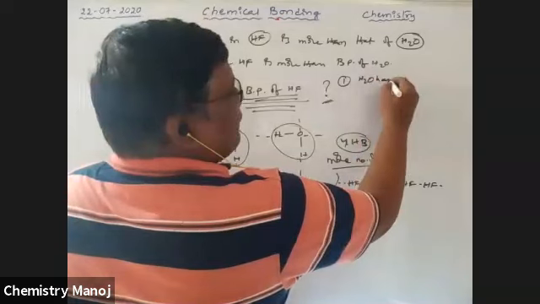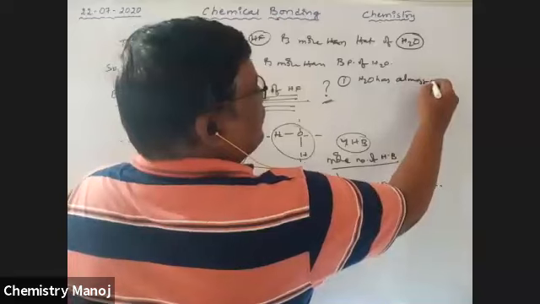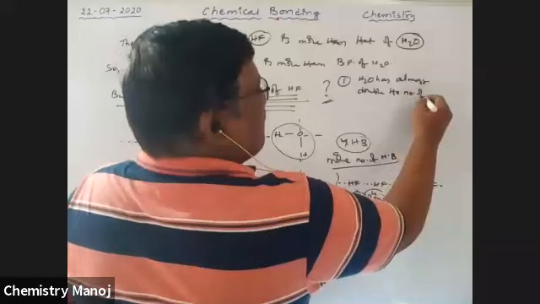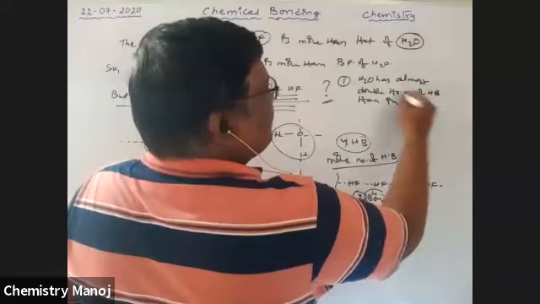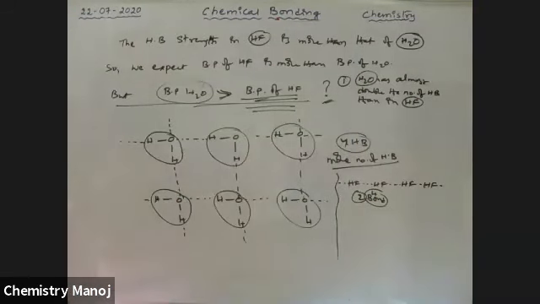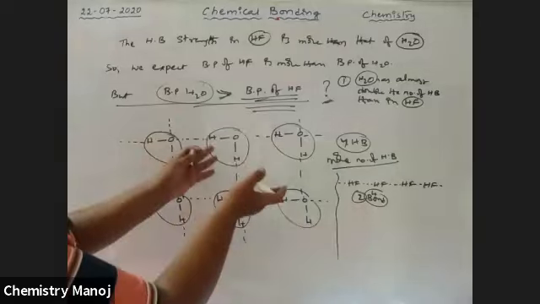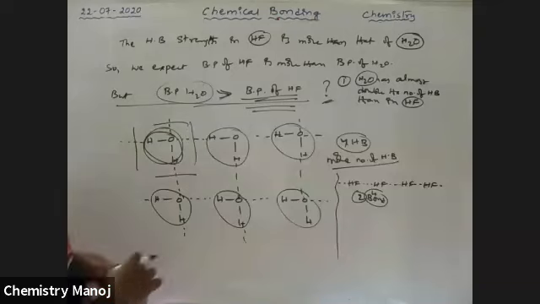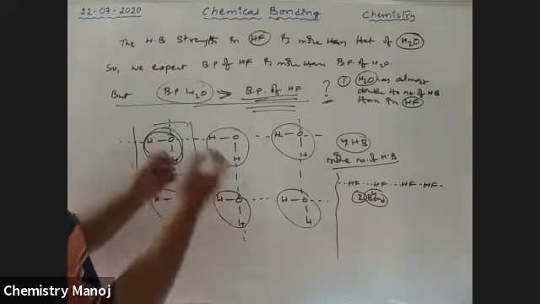water has almost double the number of hydrogen bonds than in HF. More hydrogen bonds are possible in H2O than in the HF molecule. Next, if you want to vaporize a water molecule, each and every hydrogen bond has to be broken. All these four hydrogen bonds have to break, otherwise it is not vaporized.